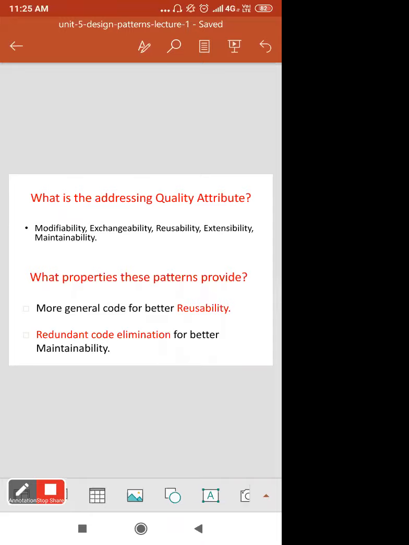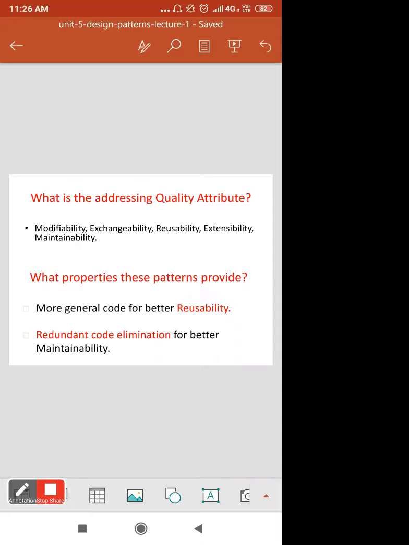These are important quality attributes of design patterns. The properties of design patterns are that they provide more general code for better reusability, to reuse your components, your objects and classes. That is a basic property of design patterns.